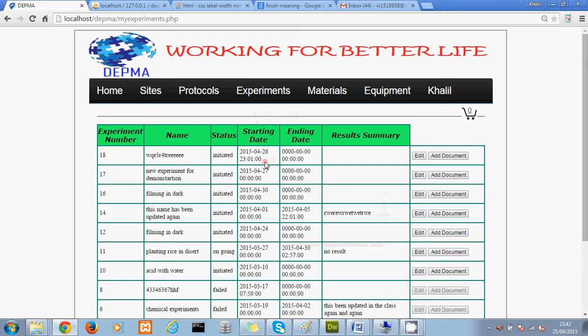I haven't concatenated the starting date. The starting date should be the date and the time. I didn't concatenate it first. Now I've concatenated it, and now it's inserting into the database. So let's carry on. Now after creating an experiment,